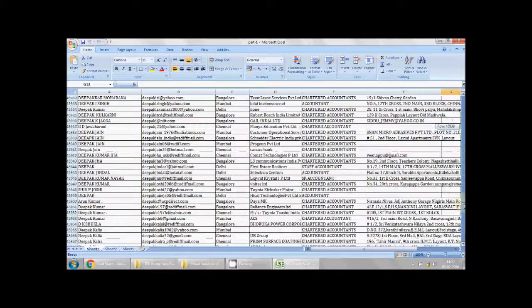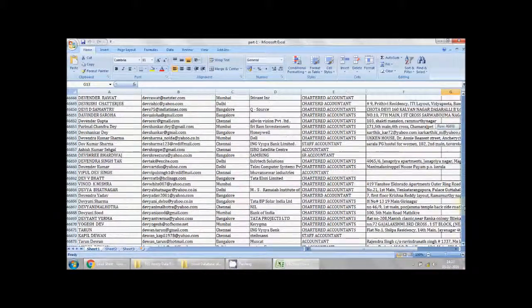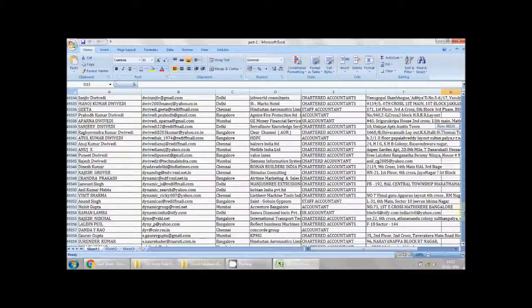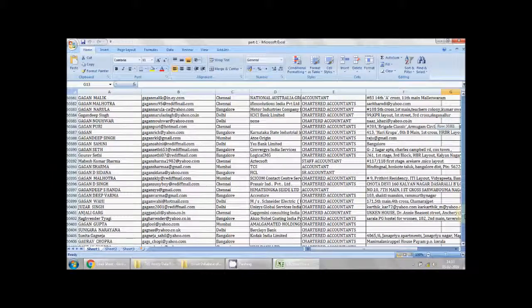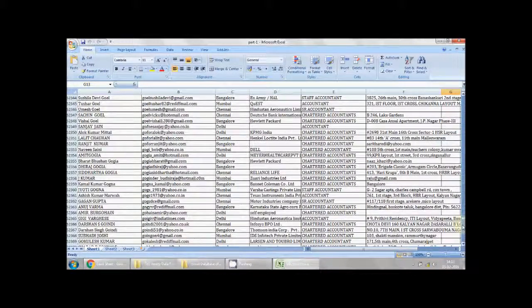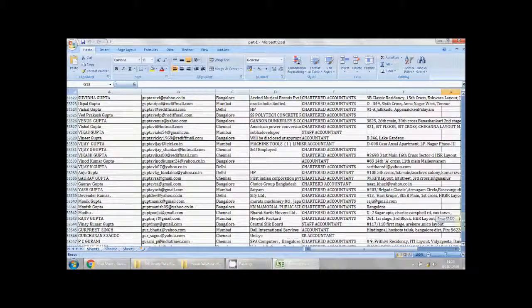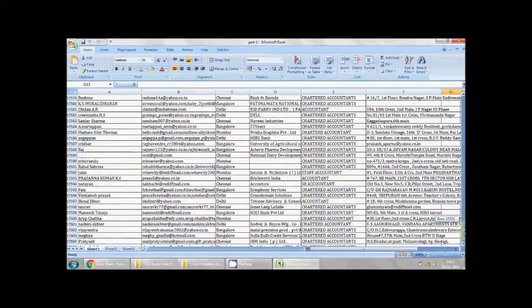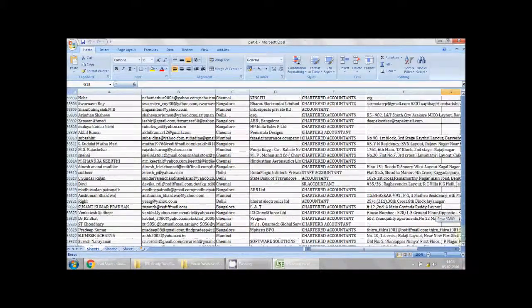As you can see, I have scrolled down almost to the bottom of the file. Okay, I will open 2 other files also for you to understand. Okay, this is how the exact data is. This is part 1, and in total we have 3 parts in this data. I will show you the other 2 parts as well.